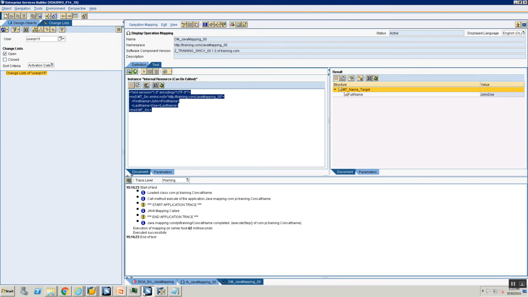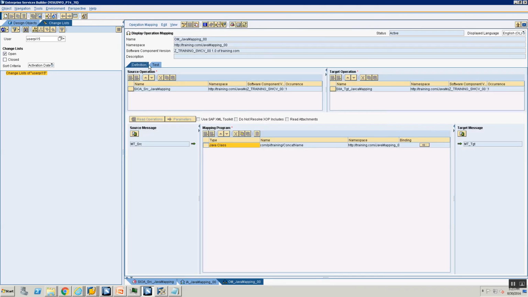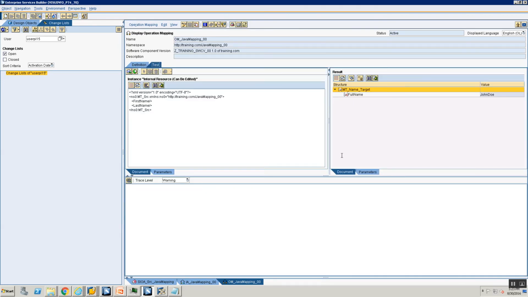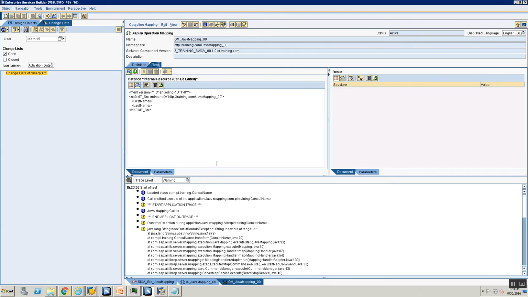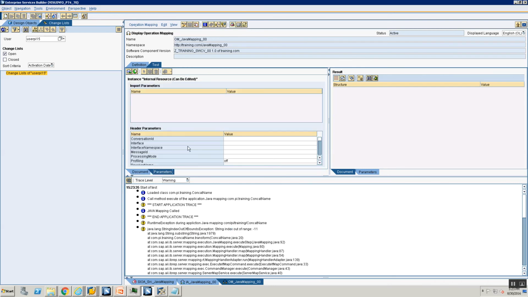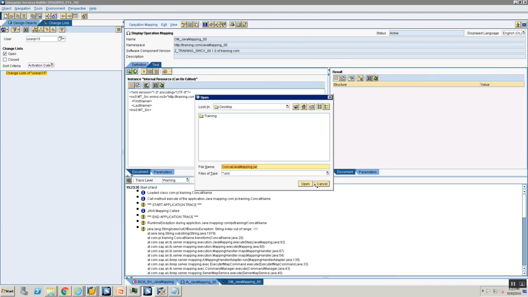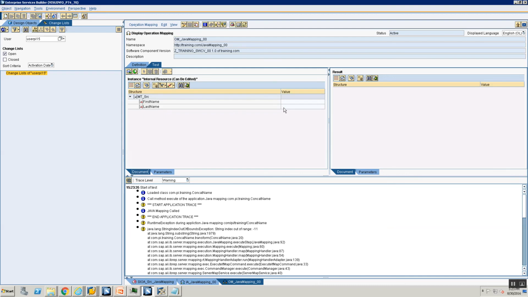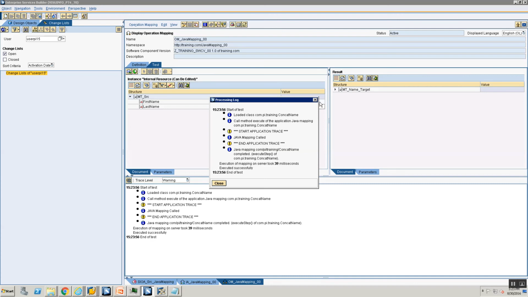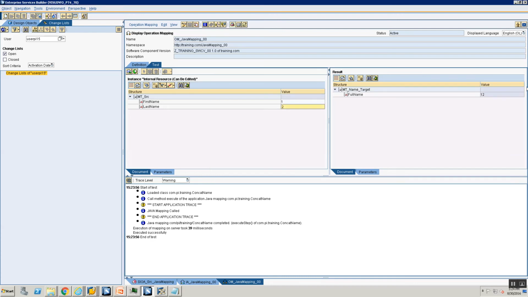What did we also do? We also built a Java mapping, and we executed our Java mapping so that we could test it. About the stray statements, we will be looking at it at a later point in time, so nothing to worry. Sorry, the reason this failed was because there was no data. If you see, there's no data, so string out of bound exception. So if I go here, cancel, I have to put data here, 1 and 2, and now if I execute, my execution is perfect, and I expand this, I get 1 2. Okay, so with this we are done with the Java mapping.